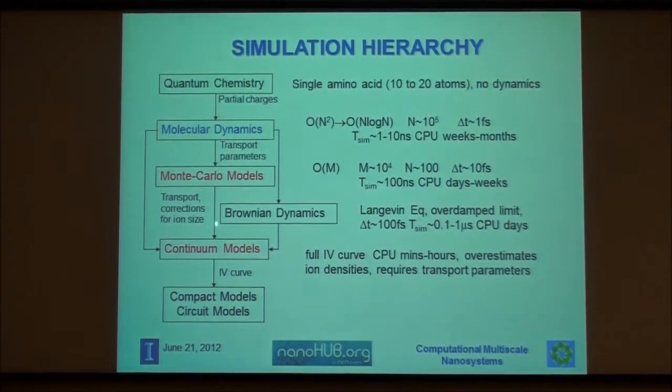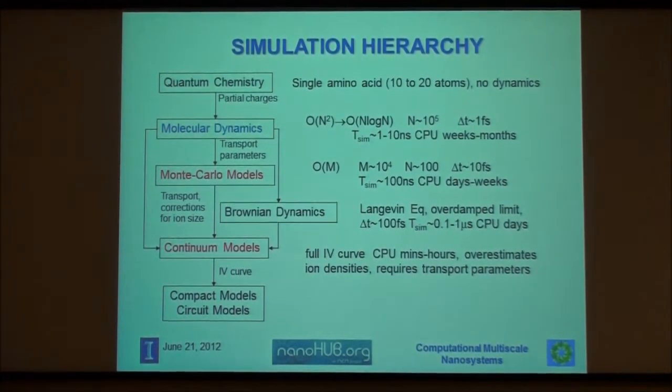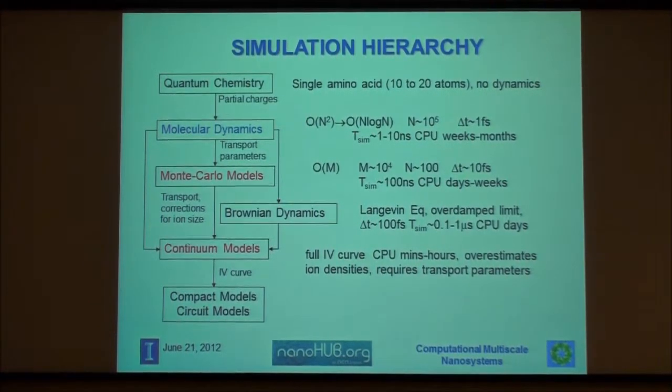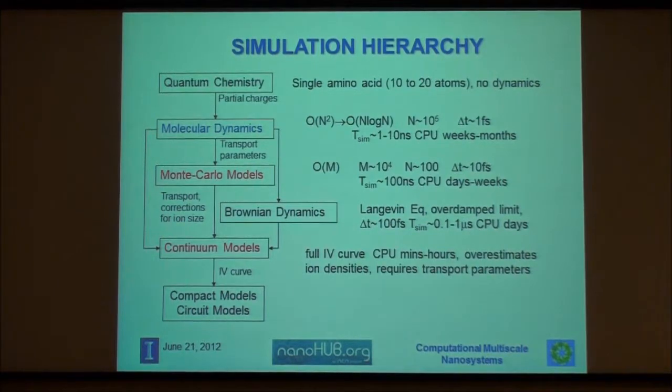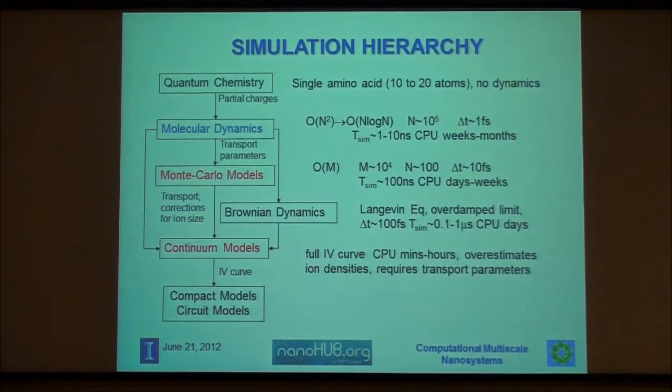The real transition from the models up to this line and below is that when you go to the continuum level, you lose the discreteness of the particles. Okay? So the flow of ions is going to be the flow of the fluid as if it was composed of minute, weightless particles that integrated give you the total fluid of ions. Which means that if you have a very small region, the fluid can go through, but the ion actually couldn't. So when you do a continuum model, although it is faster, unless you put additional model that